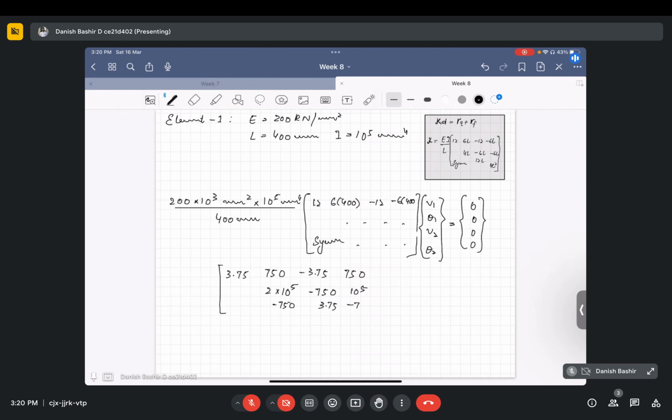This is minus 750, minus 750 here. This is 2 into 10 to the power 5. It's 1 into 10 to the power 5. This is minus 750, minus 3.75, and this is 750. And if you multiply it by V1 theta, this is minus